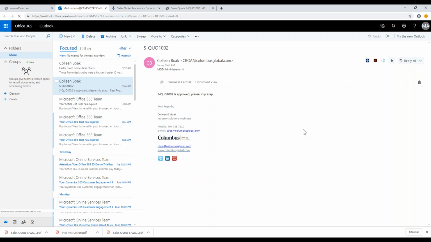Business Central integrated with Outlook now reflects Business Central options right here within your Outlook message. Because I've referenced a document that exists in the content of the email, it can be in the content or in the subject line, I also have an option here for document view. So let's walk through each of these. Business Central, if I select Business Central,